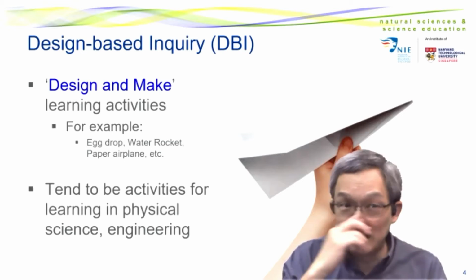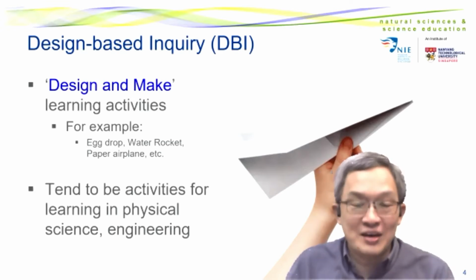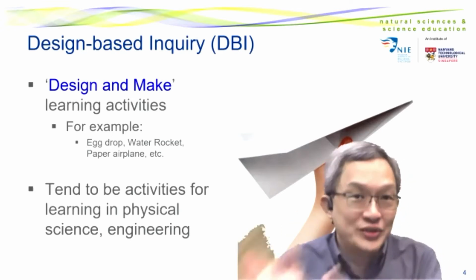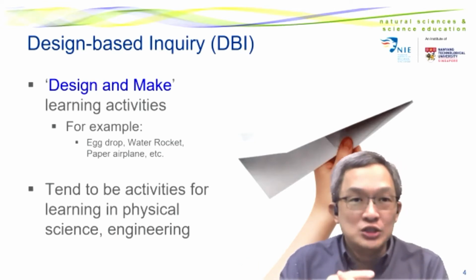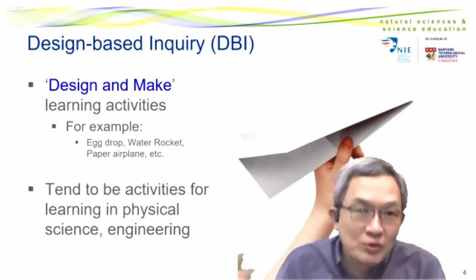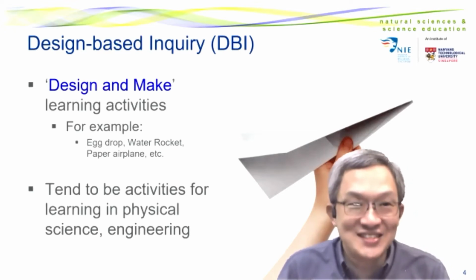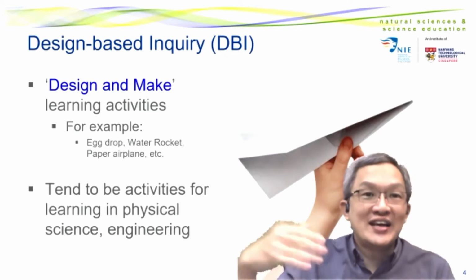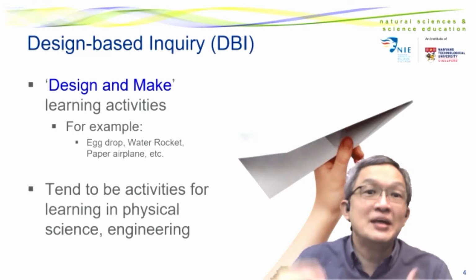And so to try to force that, we needed to find something that would make students think about the science, and where possible, unless you think about the science, you can't get very far with the design and build, right? Or design and make, or to be very successful. Because if you randomly try stuff, then that's one way of doing things. But in the service of science education, we want students to be thinking about the science of it, right? And by extension, actually, I will broadly be speaking about how this fits into STEM education, because